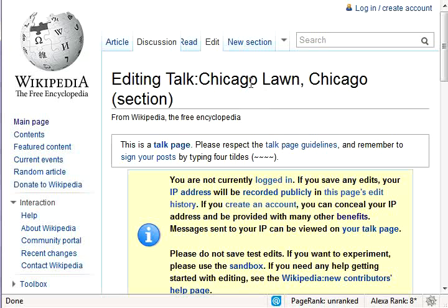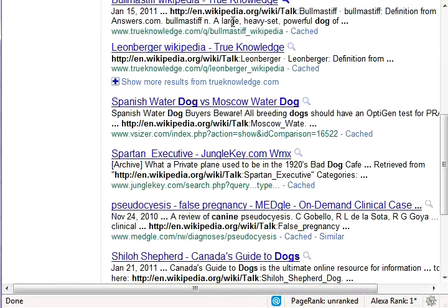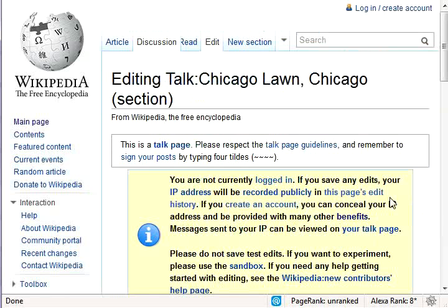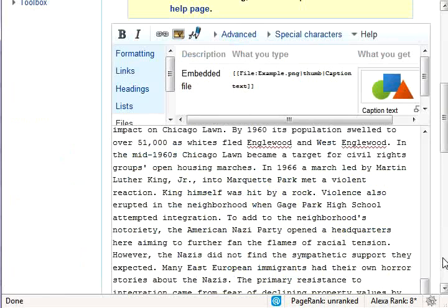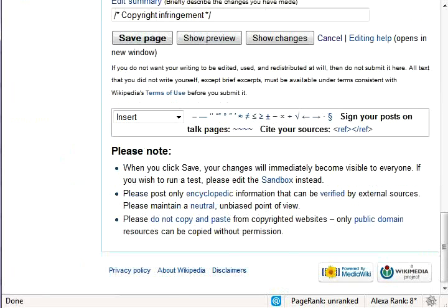And the great thing about the talk pages is they don't get as much attention, especially if you do a search like this and you go in and there's not much discussion going on in the talk page. Then you know that's one where even your question, which is sort of a fake question you're posting, to say, hey, is this a good site to link to, might not even get answered. It might not get answered for months, and somebody might not even look at it for months. So it's a great way to get a link sort of under the radar in the form of a question about your site. Now, don't be spammy with this.